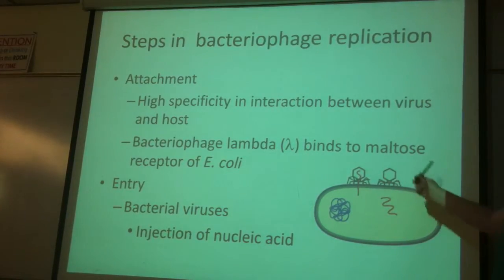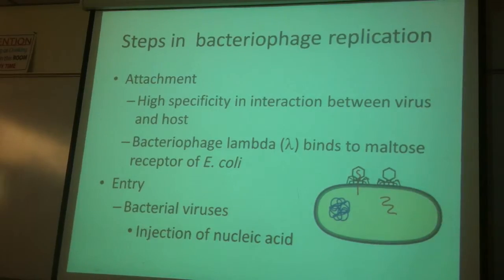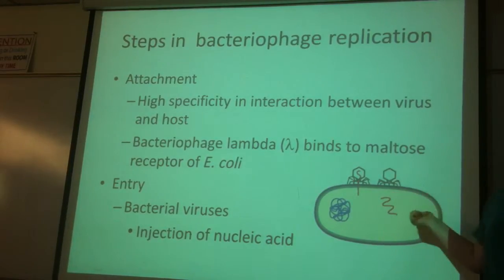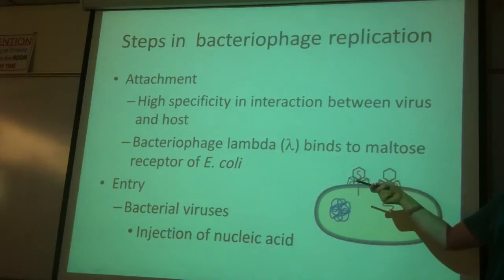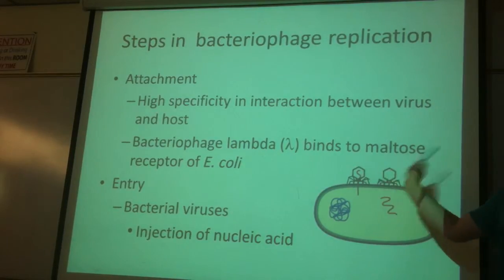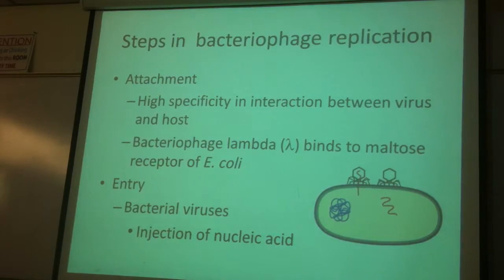It's like, if we can change this maltose receptor, does that mean the E. coli will no longer get infected by lambda? And so trying to do things like that and figure out how we can stop these viruses. So, it attaches, finds its host, finds its happy spot, enters. You get injection of nucleic acids,